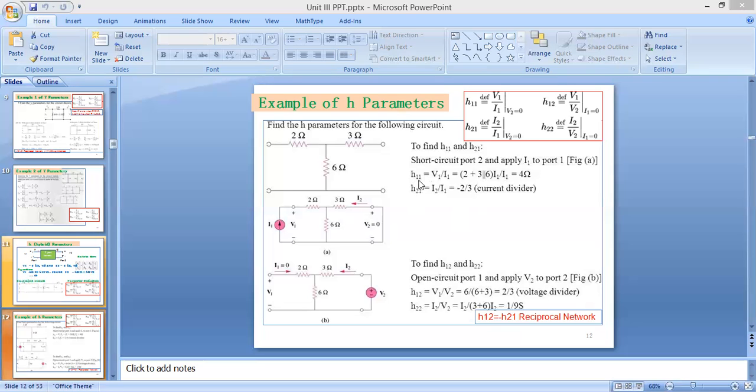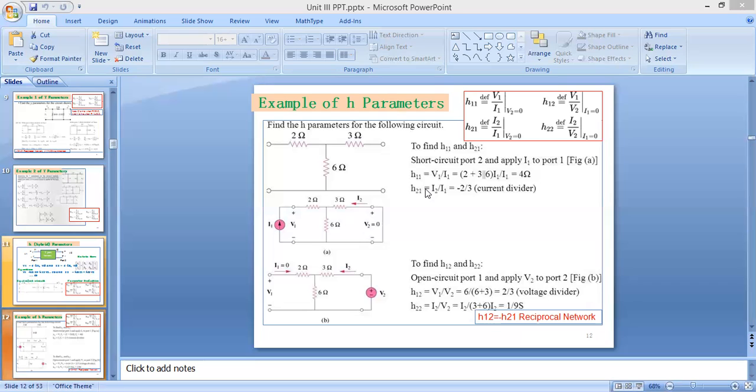So firstly you will derive the value of these resistors. हम क्या करेंगे? We can write H11 equal to V1 upon I1. तो हमें यहाँ पे क्या है? We do not have the value of voltage. तो हम voltage के equation को current में convert करेंगे. How will you get the total resistance? You can see 3 and 6 are in parallel and they are in series with 2 ohm. So 3 into 6, 18 upon 6 plus 3, 9, that is 2 ohm. You will get the total resistance. So 2 plus 2, that will be 4. 4 into I1 upon I1. I1 gets cancelled. You will get H11 equal to 4 ohm.